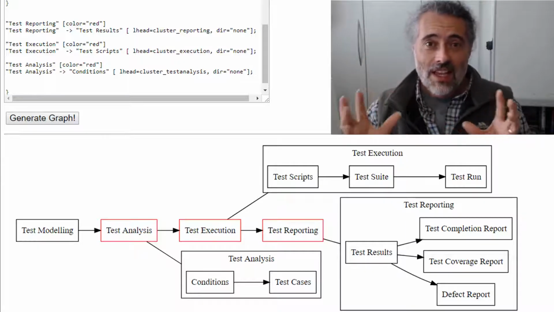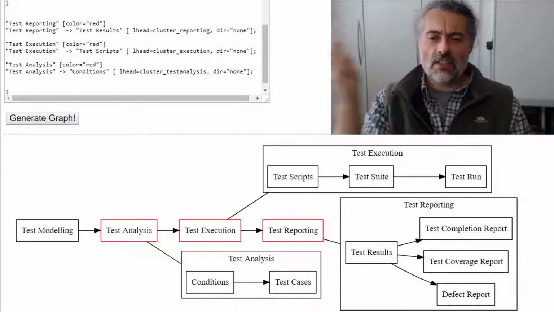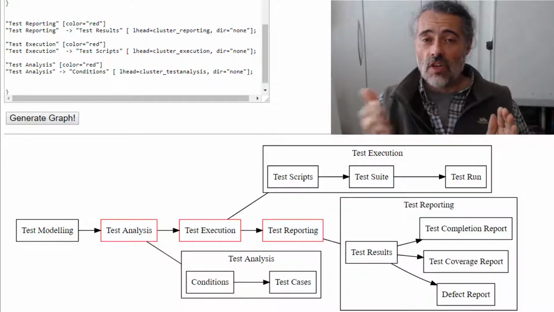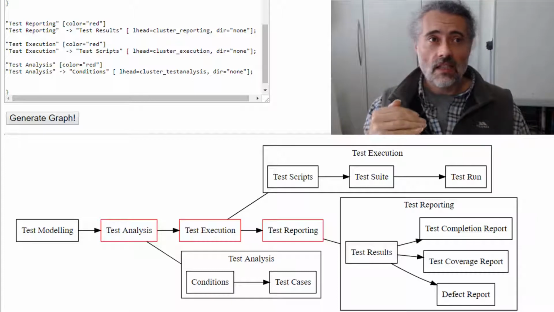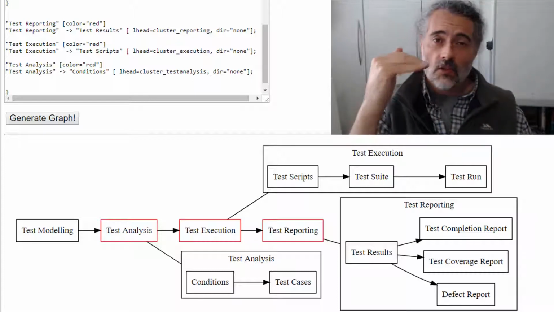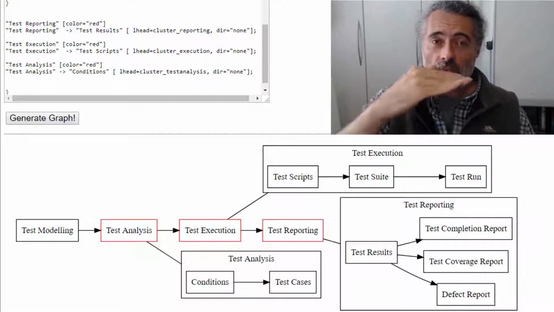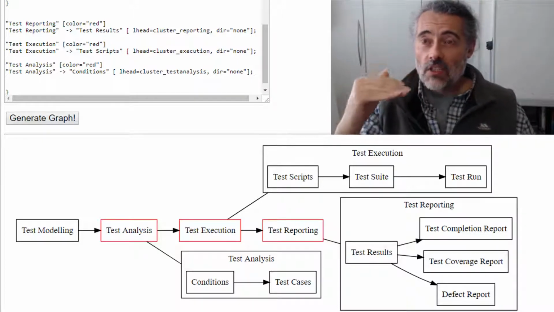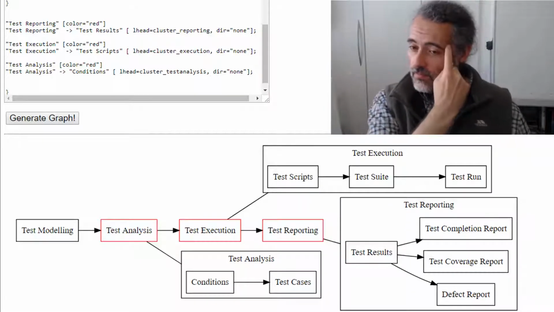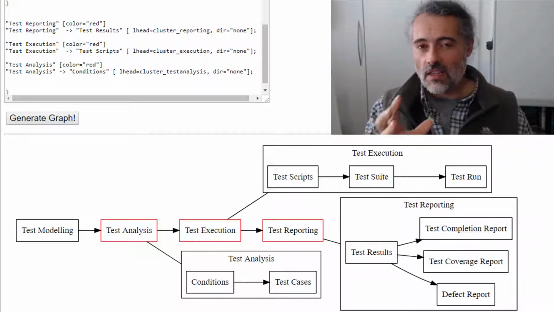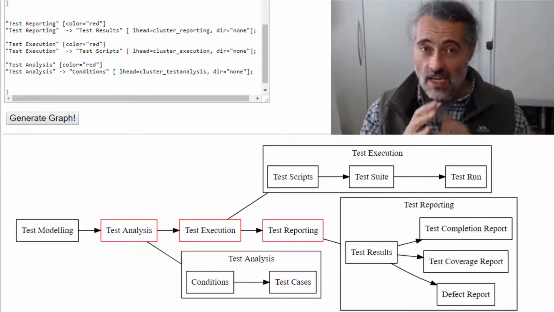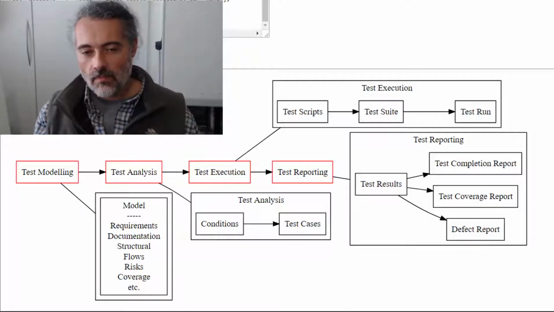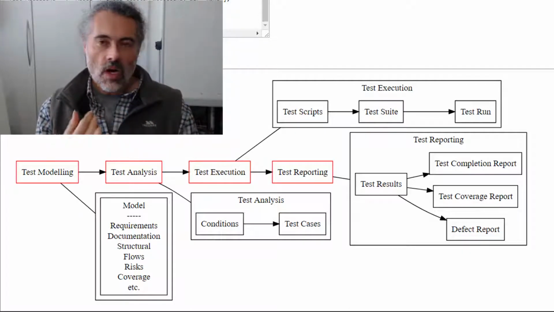We've automated a lot of this testing because it's all still called test execution, test reporting, test analysis. We've got test all the way through this, and it was test that was driving this. And we're ignoring the fact that at some point we're going to build in a unit test. At some point we're going to try and automate from the development process up and start automating within the development process and start using that as part of our test process. So it's very easy to understand how we might start thinking about this as a test automation process. So if I put the modeling component back in, we can see that in the model we've got requirements,